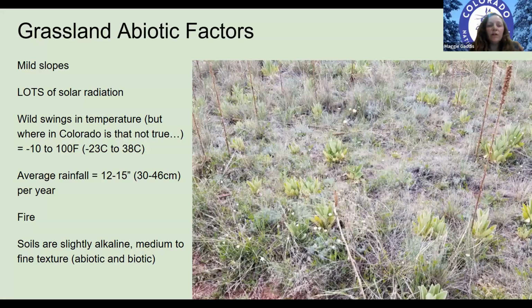Of course, there's more precipitation in our mountain communities, and of course, there are also grasses, right? But we're not talking so much about grasses under forested canopies. Right now, we're just talking about the grassland life zone itself. Also, fire is an important part of grassland ecology, and our soils are slightly alkaline, and their texture can depend